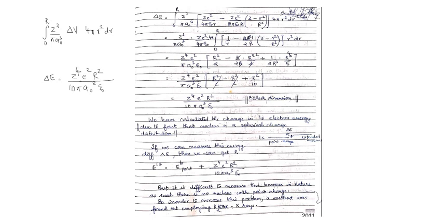Now here you see that everything is a constant. Z is a constant, e is a constant, 10 pi a naught epsilon 0. Everything is a constant except your capital R. Okay, so the dependence of delta E is on capital R. So what is this change in energy that we have calculated? This is the change in energy when we consider the nucleus as an extended charge distribution rather than as a